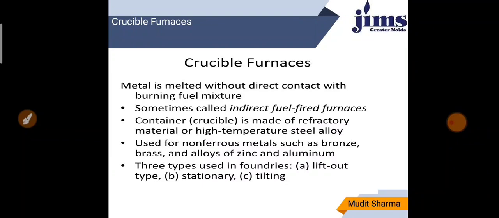So now I am going to discuss the crucible furnace. What is a crucible furnace? It is most suited for small foundries and can be designed for melting any metal. It consists of the following two main types: pit and tilting. In the pit type, it is suited to melt the metal easily. These are fixed wholly or partly in the ground, from which the crucible must be lifted when the metal is ready.